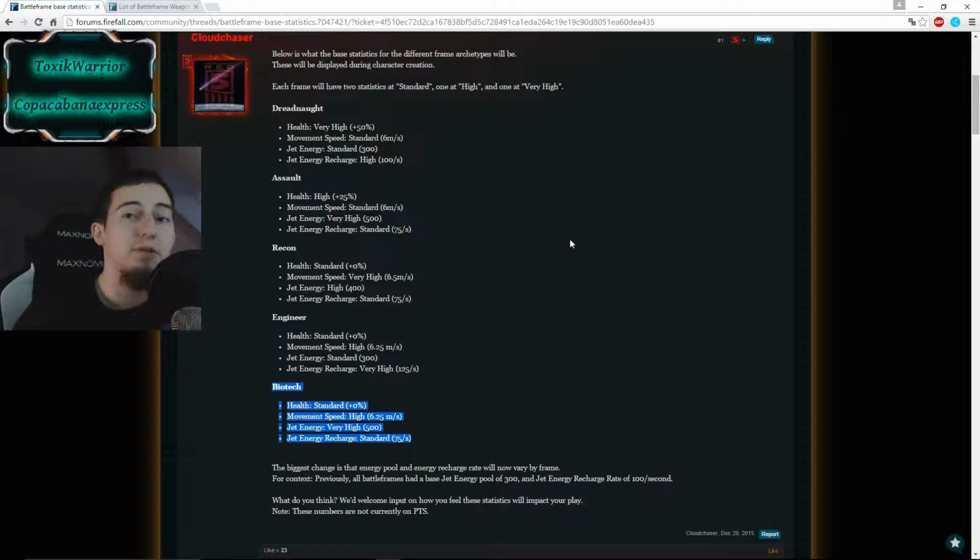Now we're talking about the new biotech. At first, we have health at standard 0%, so the same health as engineers and recons. Movement speed is high, 6.25 meters per second. We're not as fast as a recon, but we're faster than assaults and dreadnoughts. Those guys will mainly need your assistance when you're playing a